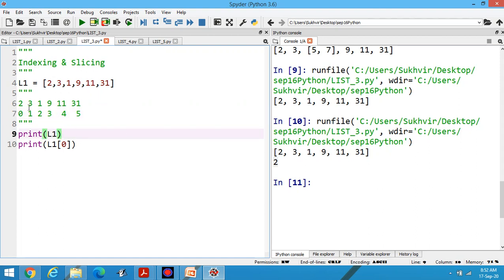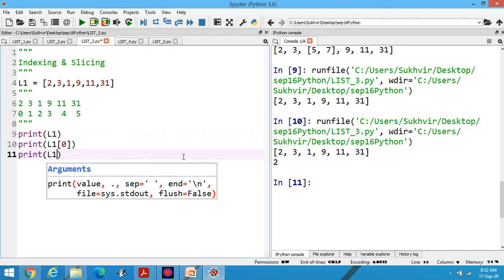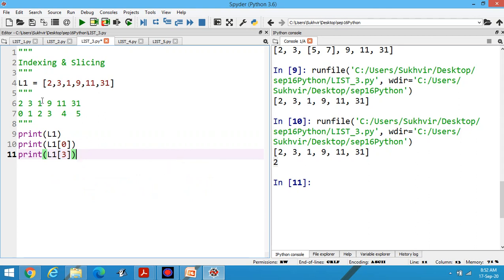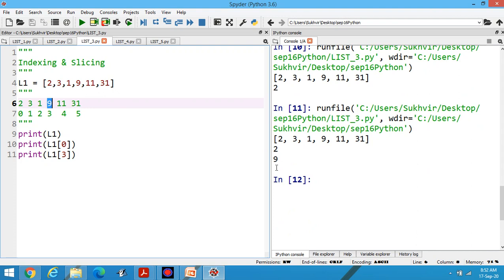If I am writing print L1 3, it means I can easily print out this value, 9. You can write here value at index 0 like this.